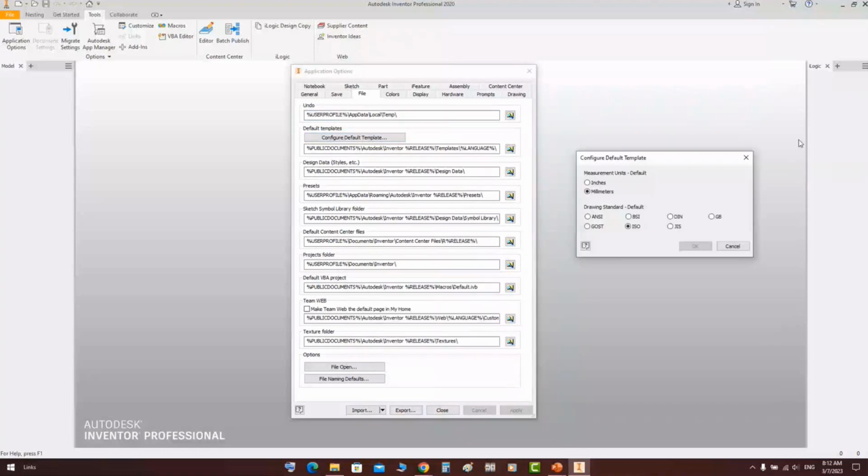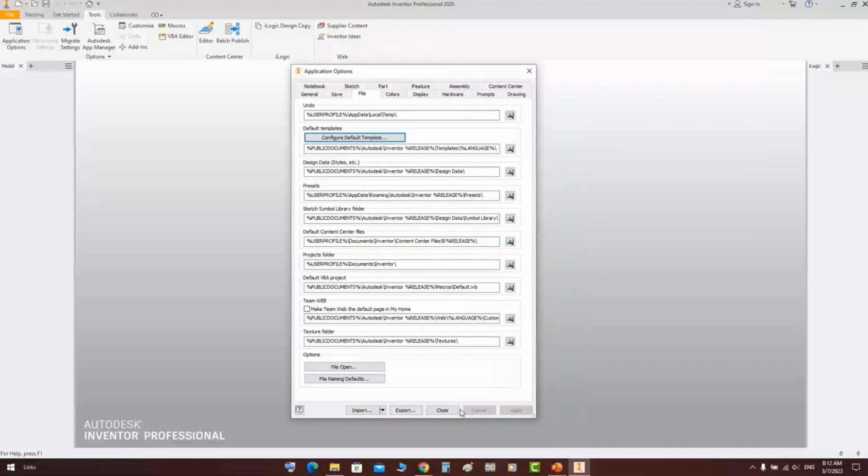Now you can change the default setting for the measurement units from inches to millimeter, and the standard default drawing. You can select one of those. Okay, now let's go back to